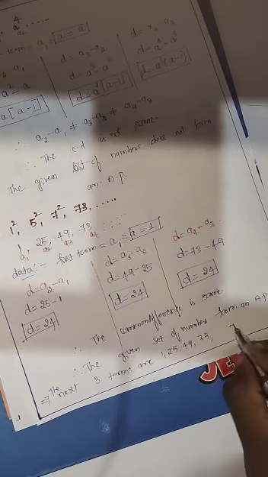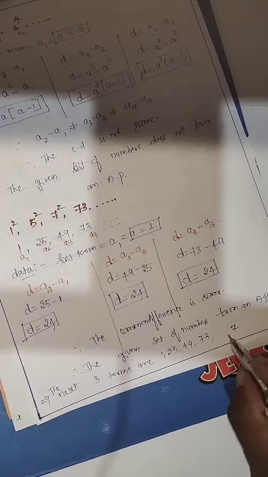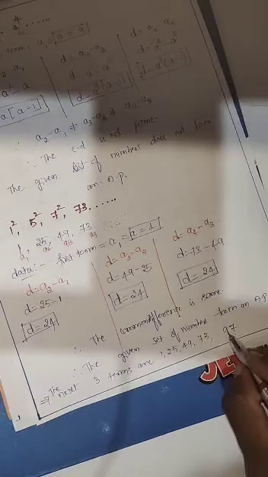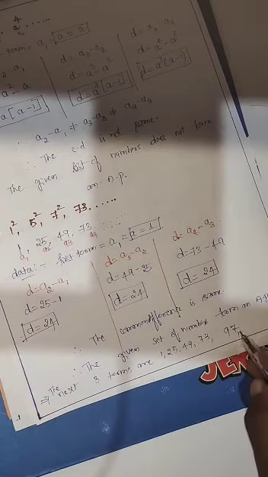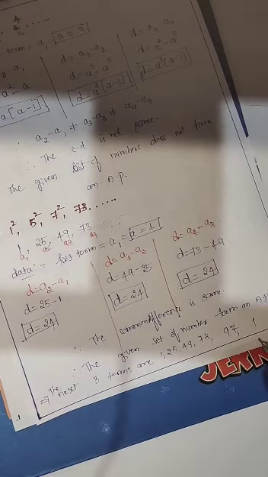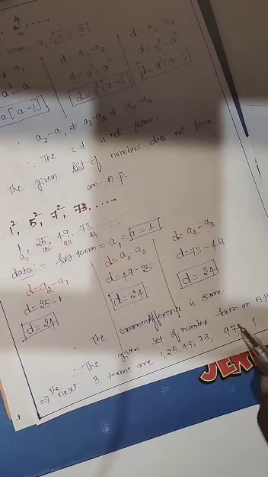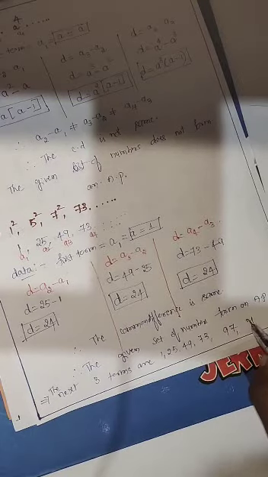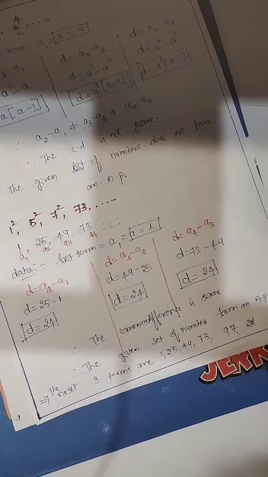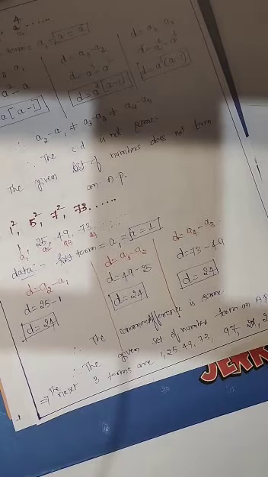We get 3 plus 4 is 7, 2 plus 7 is 9, so it is 97. Okay, by adding 24 to 97, we get 7 plus 4 is 11, 1 carry, 9 plus 2 plus 1 is 12, so 121. So the next consecutive terms are 97, 121, 145, etc. Is it clear to all children?